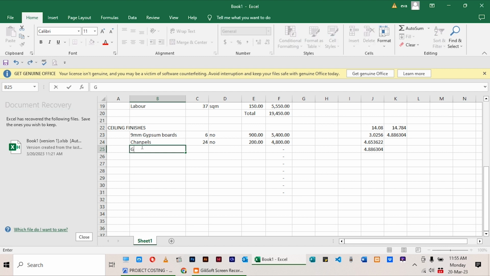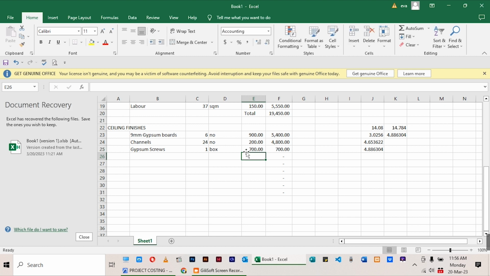Then we have gypsum screws. If you're using 9 mm gypsum boards, the best screw would be 1.5 so that it can stick nicely. Here you need just a box, and a box is 1,000 pieces, going for 700. After this, you need